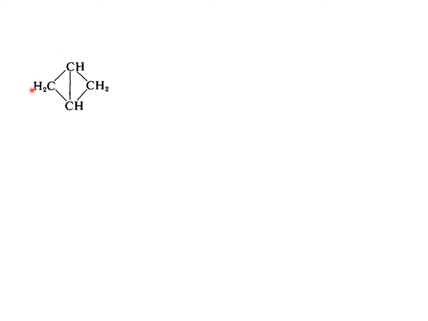So this is a bicyclo compound wherein you can see now they are just joined by one straight line, means there is no bridge. It is a simple fused one. So that C will become 0. There are 4 carbon atoms, so suffix is butane, prefix is bicyclo, and there is nothing in between. There is no bridge. So this is 0.